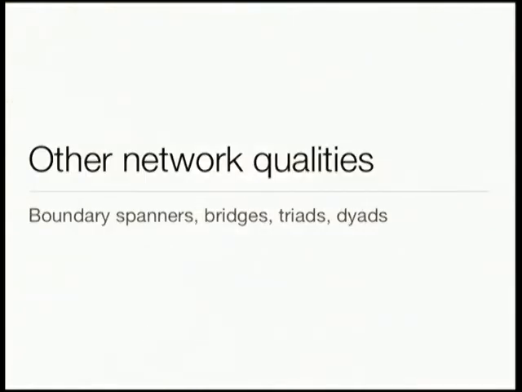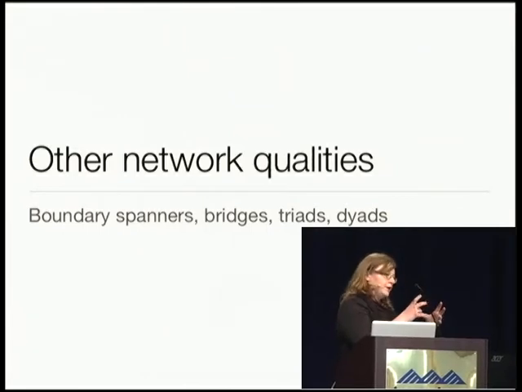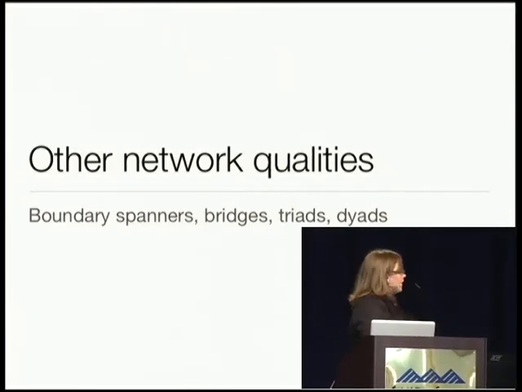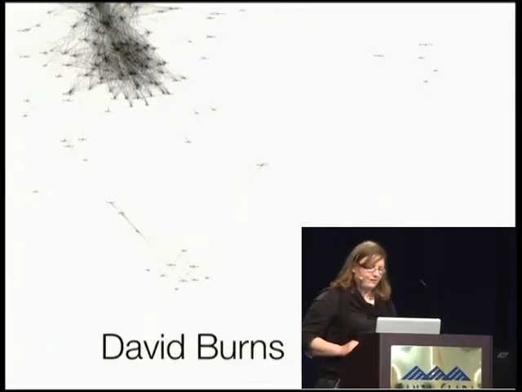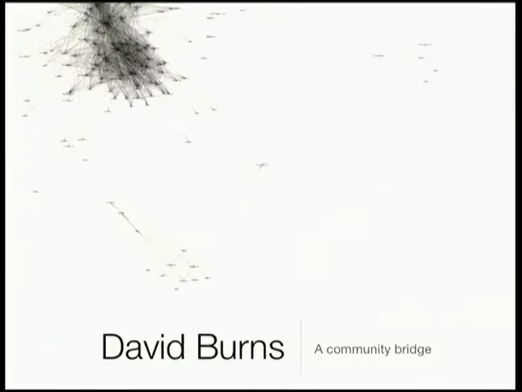Now, looking at other qualities, there are other things you can look at in the social network: boundary spanners, bridges, triads, like I said, 3 people working together, dyads, 2, and you get a lot of those on just one-off projects. So one person I found was David Burns, who I reached out to right before this talk,